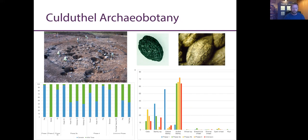And when we were looking at the charred plant remains, we could see that there is quite a lot of cereal grain on the site, but there's very, very little evidence of processing, which suggests that people may be trading grain in exchange for metalworking goods. There are also suggestions of trade from evidence of crops like spelt wheat on the site as well, which is more of a Roman crop, a Roman introduction. Wheat itself is pretty scarce across the site,